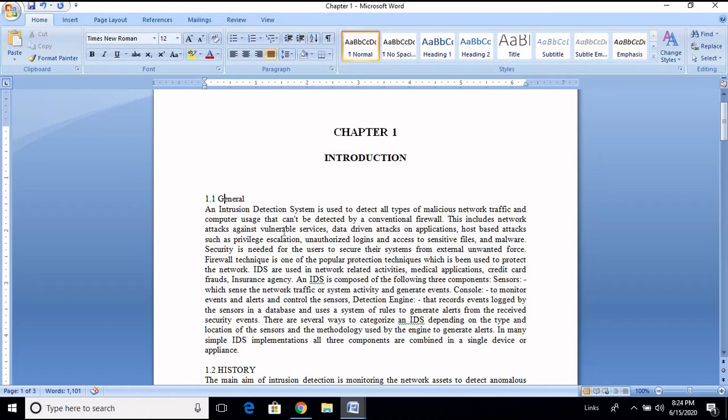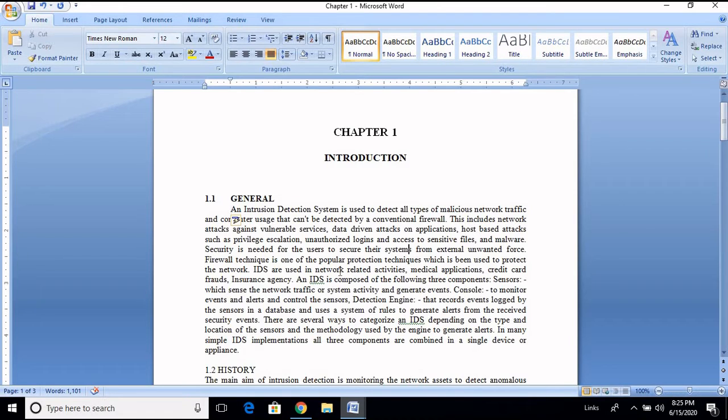So here what I am going to do is select this. Again I am going to convert this into uppercase and make it bold. Here I am going to align this. I will just use one tab here, that's all. Okay, one tab. After this, it needs to start like this. Where this general starts, there an intrusion detection has to start.